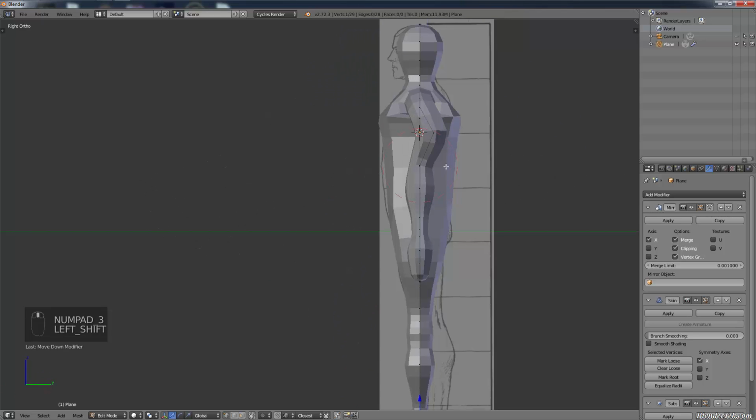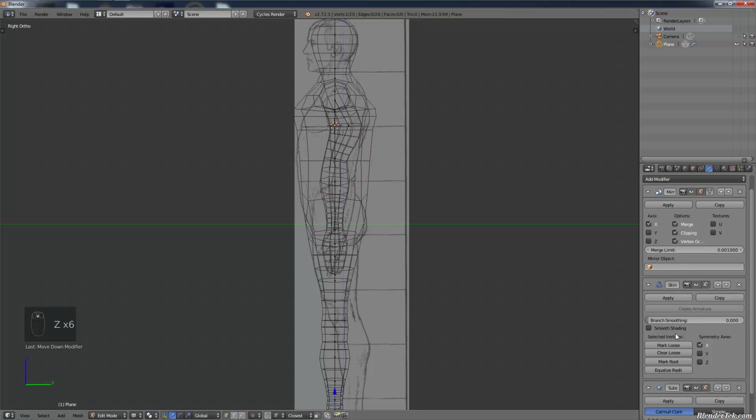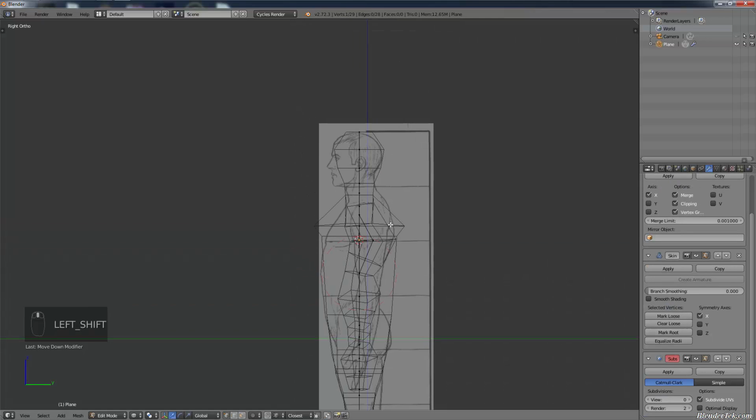We can go into side view now, and it's pretty close, but some things need some adjusting obviously, so we'll go back into wireframe. We could even turn off our subdivision just to get the base vertices where they need to be. This time I'll only be going in the Y direction, so Control A Y to get the shapes I want. Obviously you can put a lot more detail into this, like you could have the chin here set up properly, but again, I really don't know what I'm doing completely, so